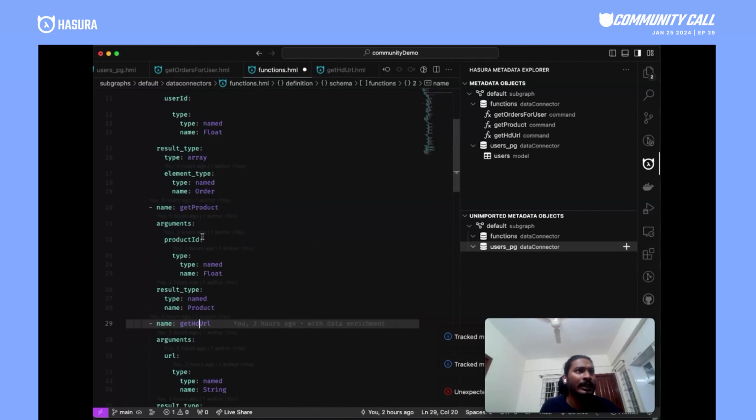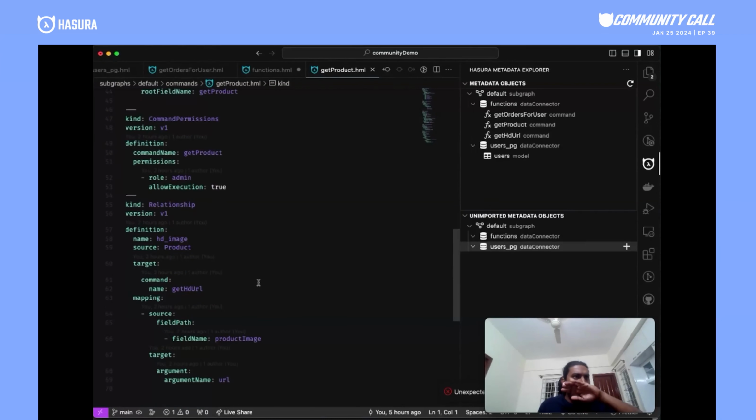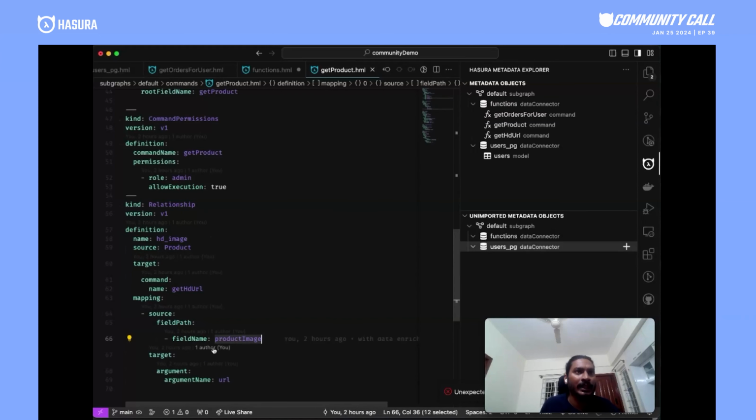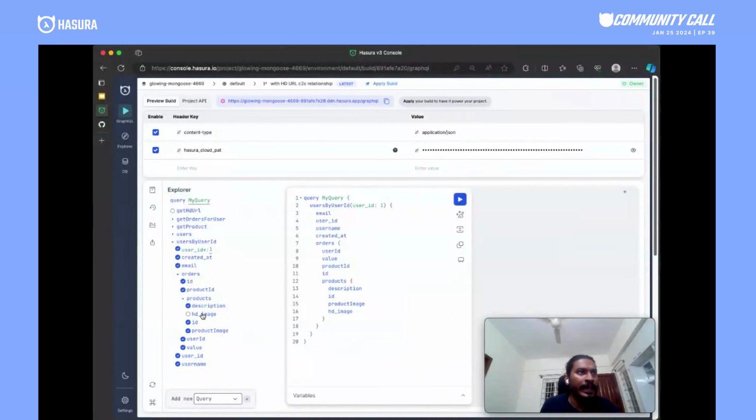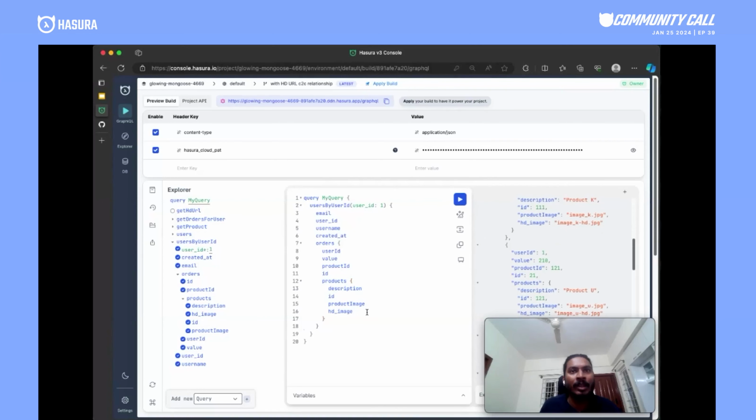So let's say in this particular example, I want to go to this particular function called get product. Let's say I'm creating a new relationship called HD image. Look at this. I'm not calling it get HD URL or something. I'm specifying it as HD image, and then I'm specifying how it needs to be connected. And then with that, I will be able to query it as, like it looks like a single type, right? Like you're basically extending the type, but again you're getting a string out of it, so it blends